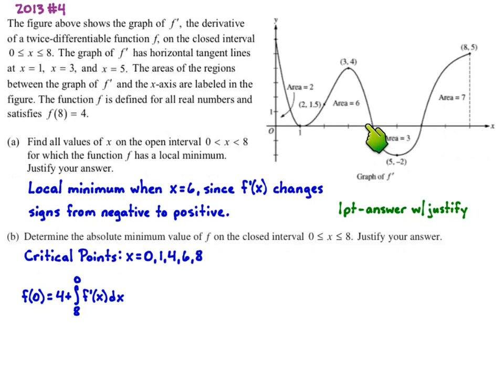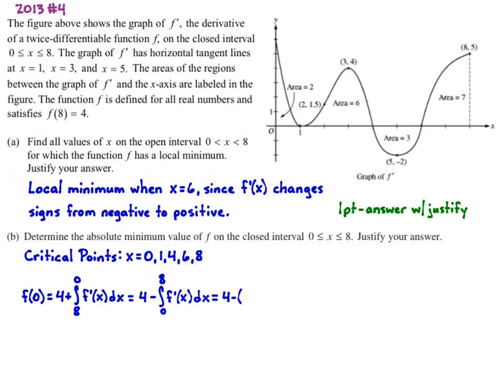Now I don't like going backwards. It just causes my brain to think funny. So what I want to do is change it so I'm taking the integral from 0 to 8. You remember the rule of integrals that says if I flip the bounds, I flip the sign out front. So I can rewrite this as 4 minus the integral from 0 to 8 of f prime of x dx. Now from here, it's going to say 4 minus